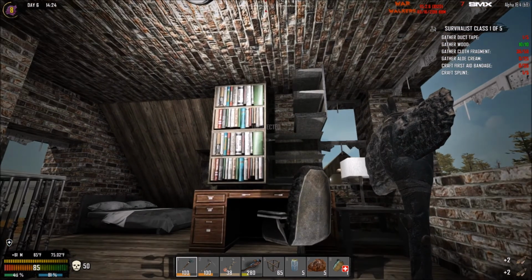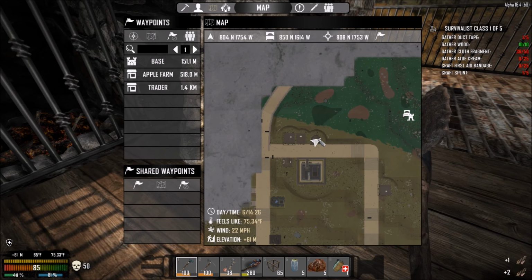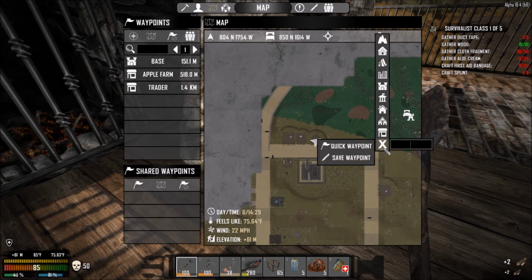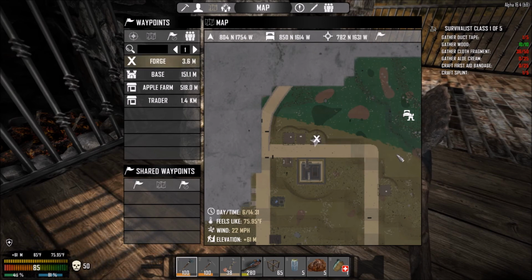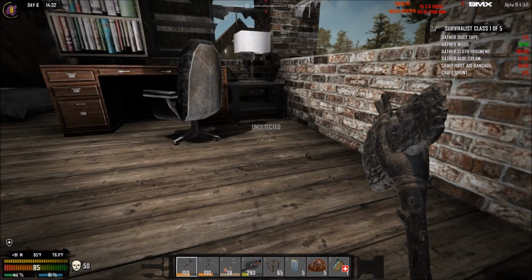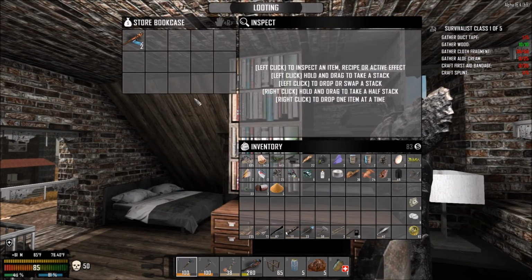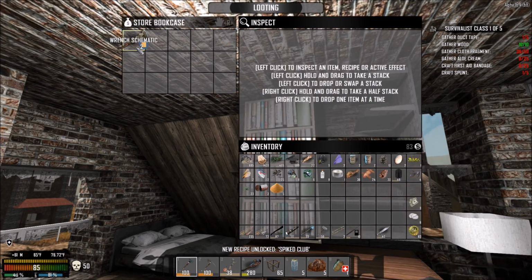Holy crud. Okay, they don't actually know where I am. It's cool. It's fine. Oh, my word. Okay, so we'll mark this like this. Forge. There we go. Lovely. Alright, that's brilliant. So we need to collect some coal or something that we can use for... Oh, nice. I want to read that. There we go. And I'll leave the other one where it is just because for the moment...